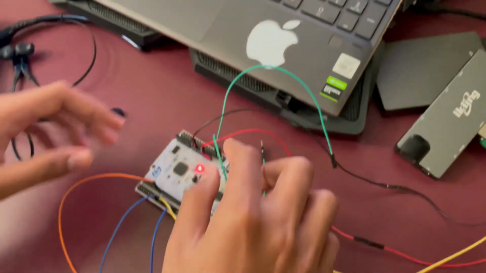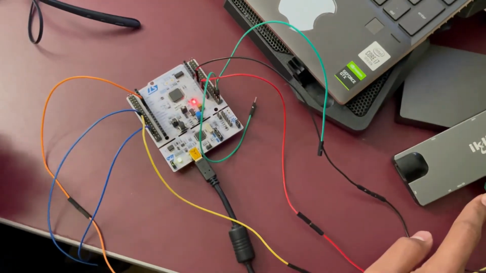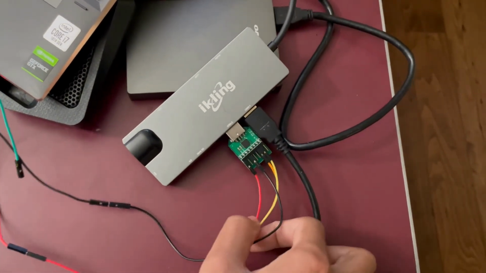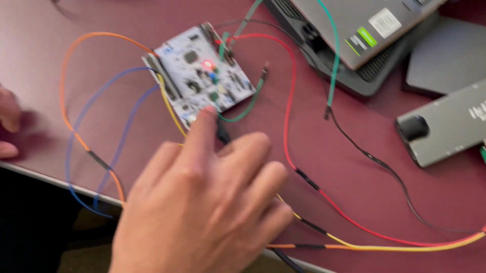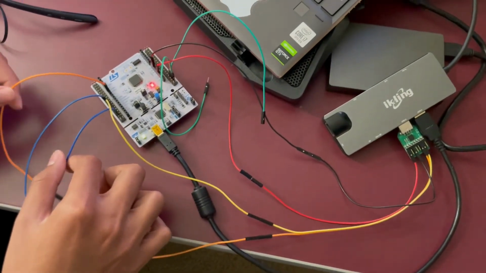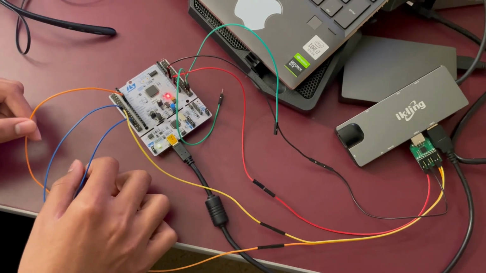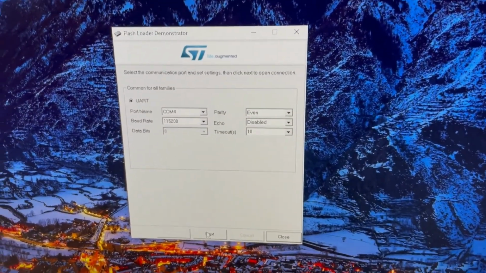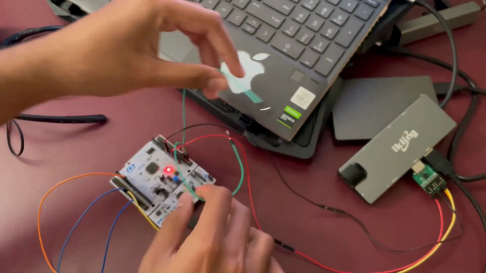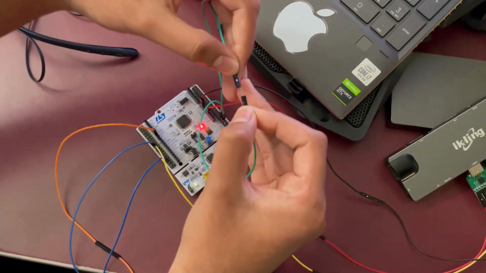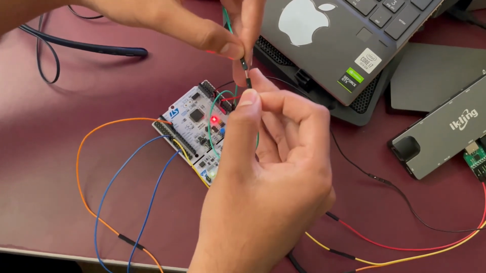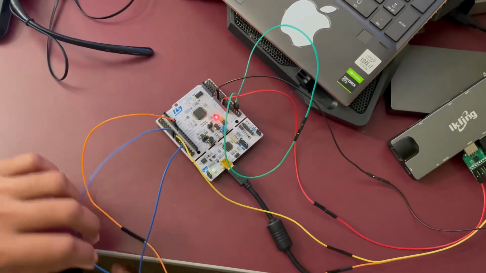If you see here, this is our USB to UART converter. So instead of the binaries getting flashed from the ICD, we will be able to flash the binaries through the UART protocol of the microcontroller. This is a standard bootloader given by ST. In order to activate this bootloader, there are some configurations given in the user manual. According to this Nucleo board, we should make the BOOT0 and BOOT1 pins high.